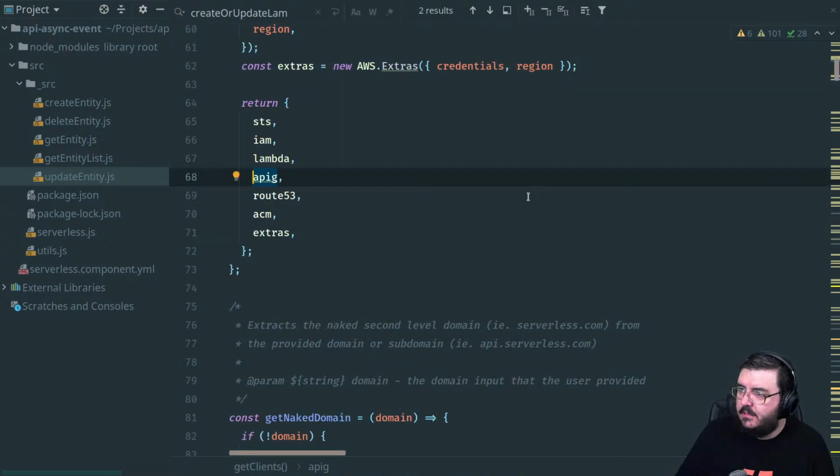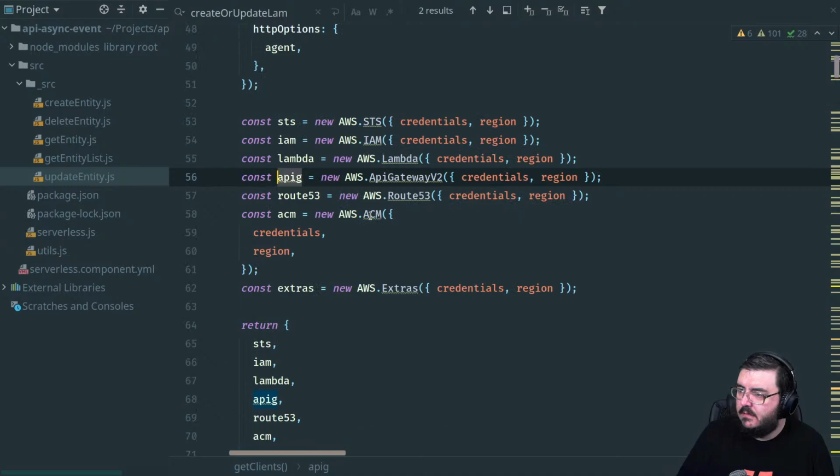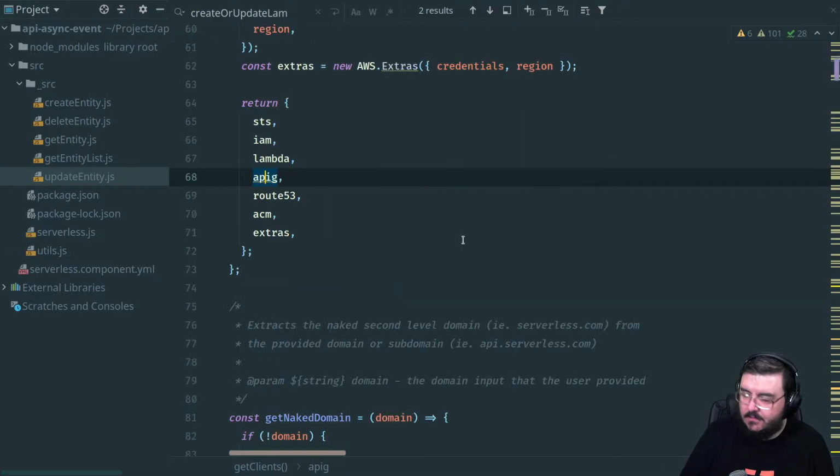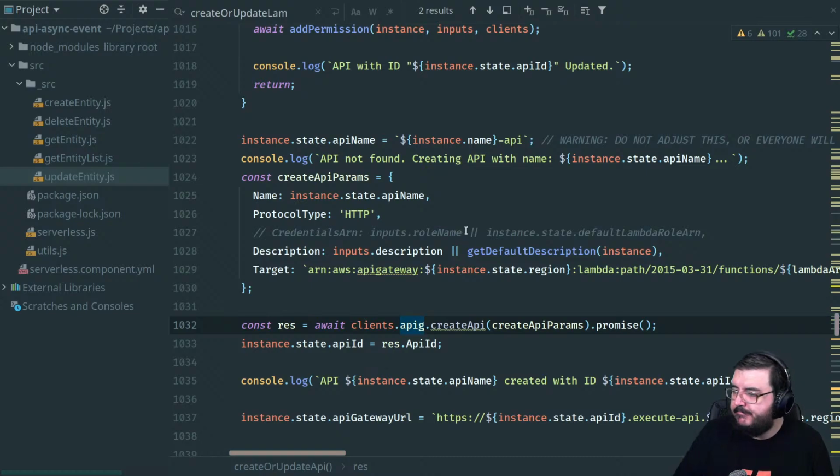So let's go take a look at API Gateway v2. Yeah, thought so. This is going to get interesting.